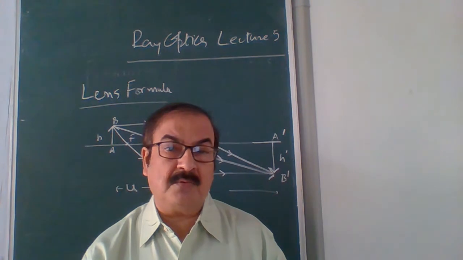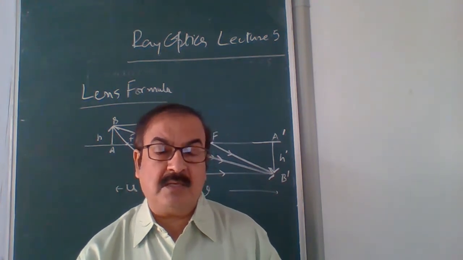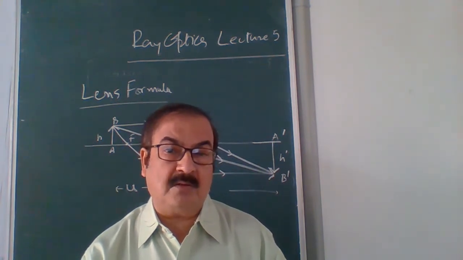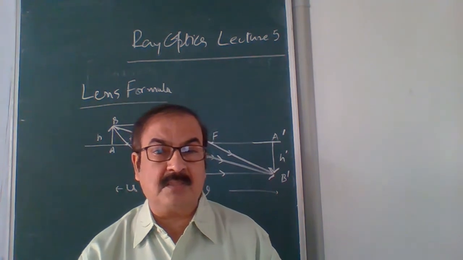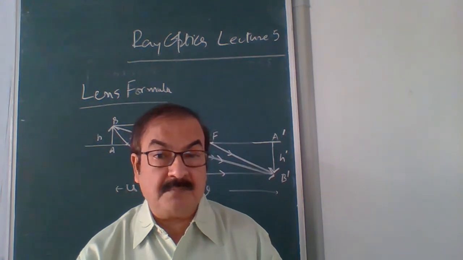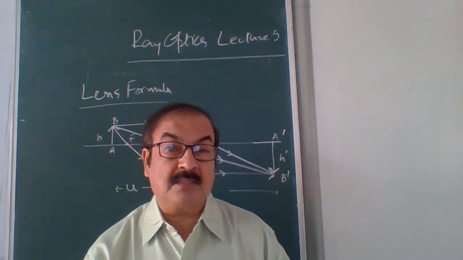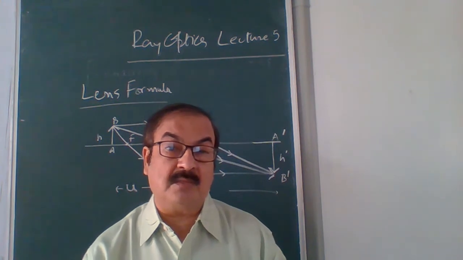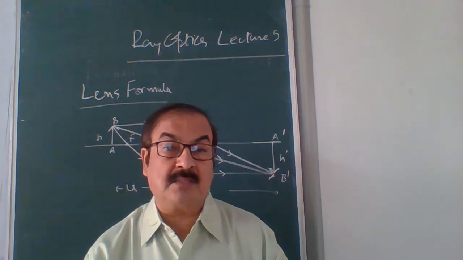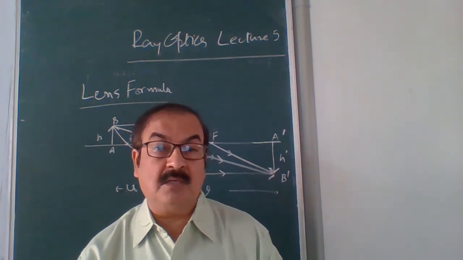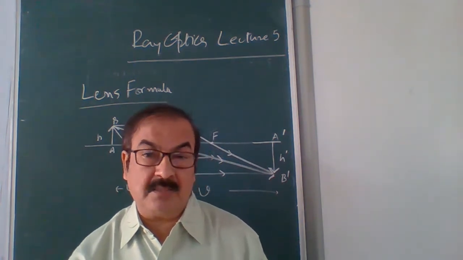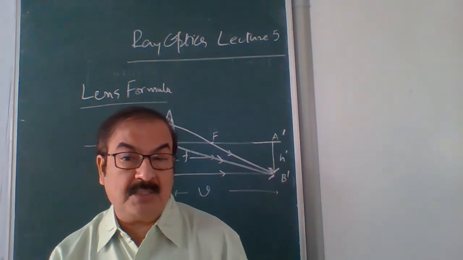And remember, by means of sign convention, if we consider the optical center at the origin, then on the left hand side all the distances are counted as negative, and on the right hand side all the distances are counted as positive. In other words, the distances counted in the direction of the incident ray of light are positive, and all the distances taken in the direction opposite to the incident ray are negative. ये साइन कन्वेंशन हो गया, जनरल what आपको मालूम होना चाहिए, minimum that I have discussed.